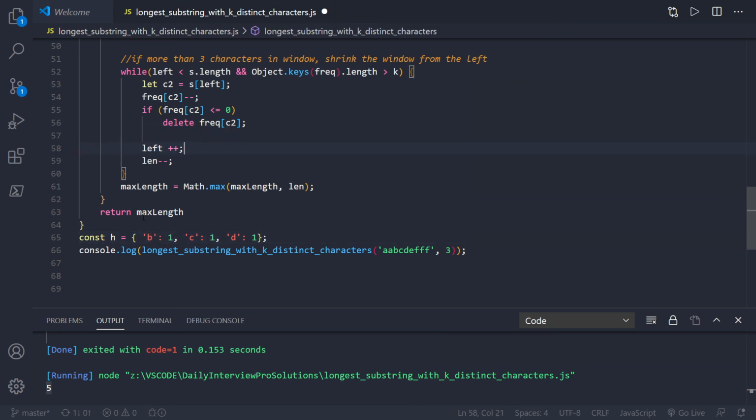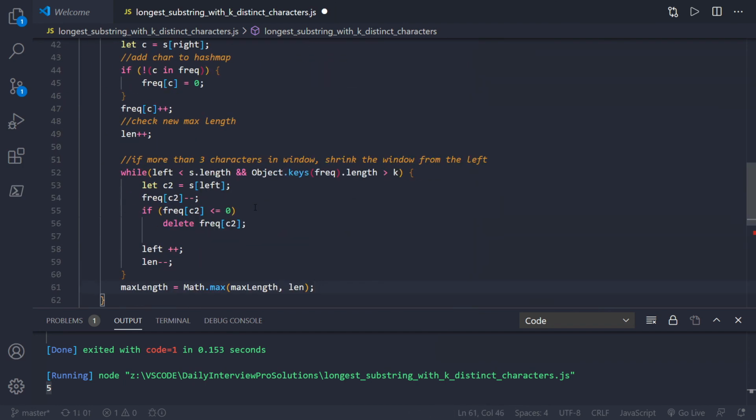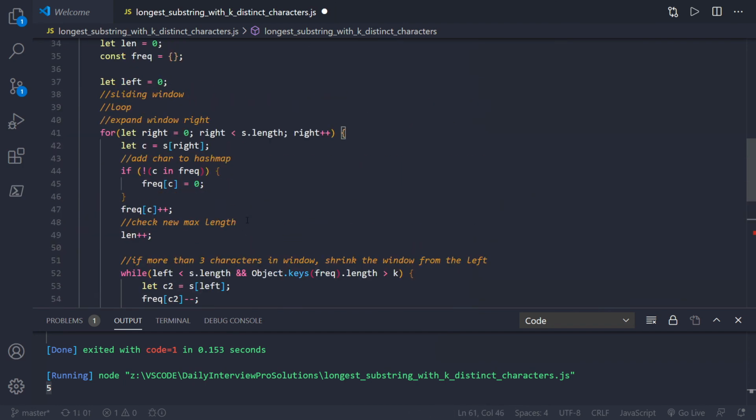We increase left each time, which moves the left side of our window over, and we subtract from length, and then we add to length. So really basic sliding window problem,